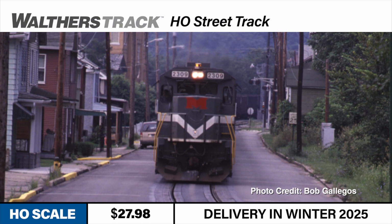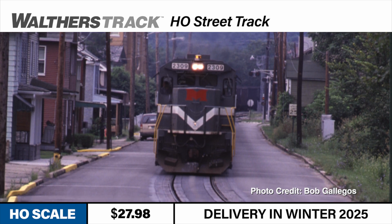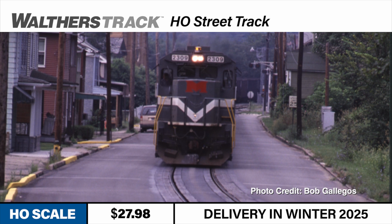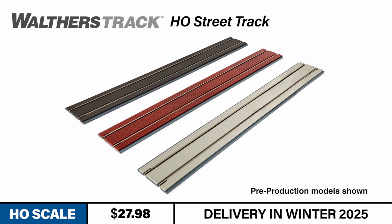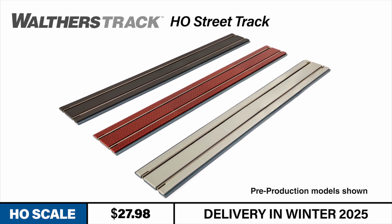Street running is one of the most dramatic scenes to model, whether your layout is set in the past or present. Watching a burly freight train or sleek passenger locomotive share the road with bustling city traffic is a sight to behold. New Walthers Track Street Track makes it easier than ever to add street running to your HO model